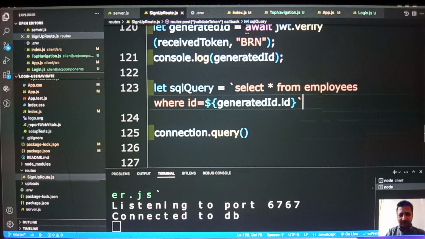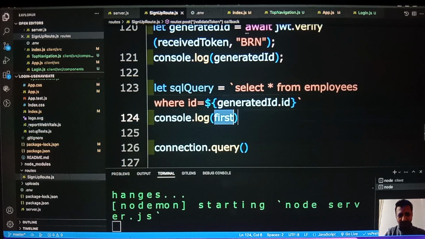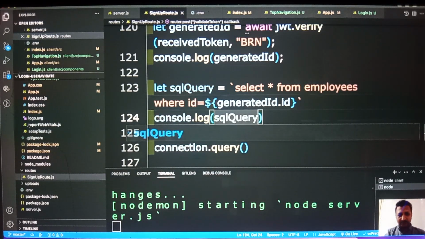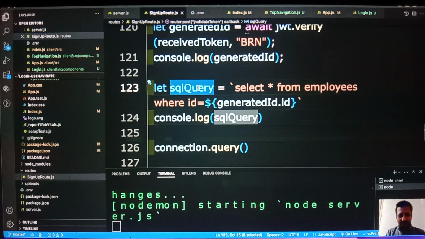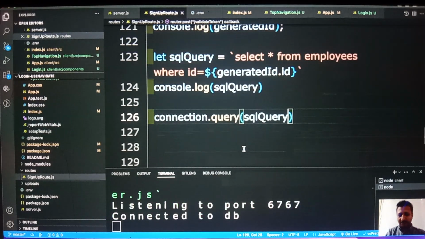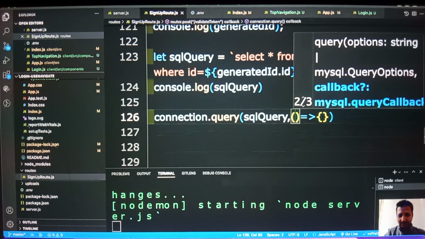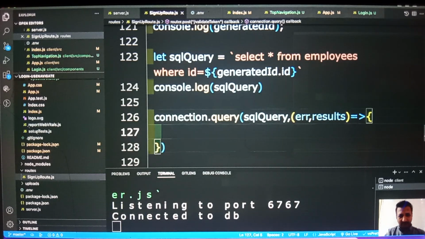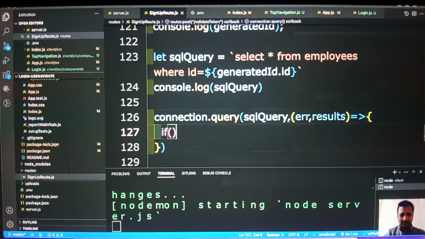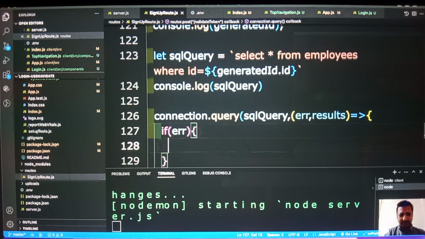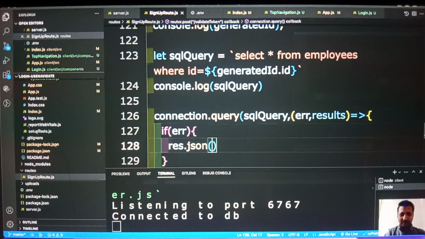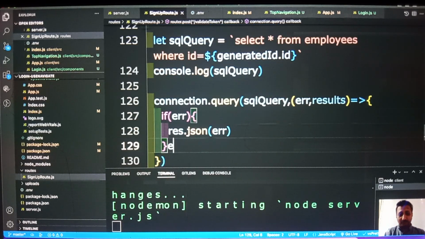Now I'll be printing that query here, and this will be giving this. And I will say error if there is any, then what I will do, if error is there, I am sending response.json error. If no error is there,